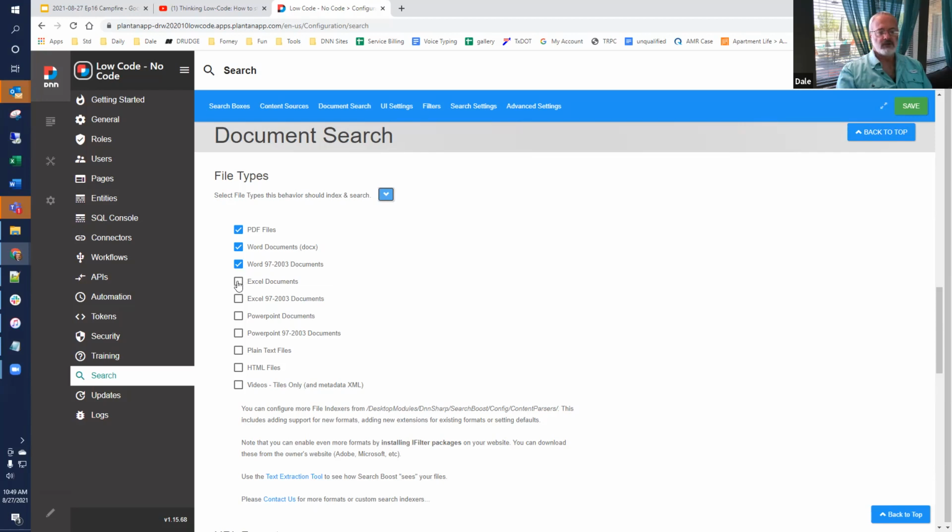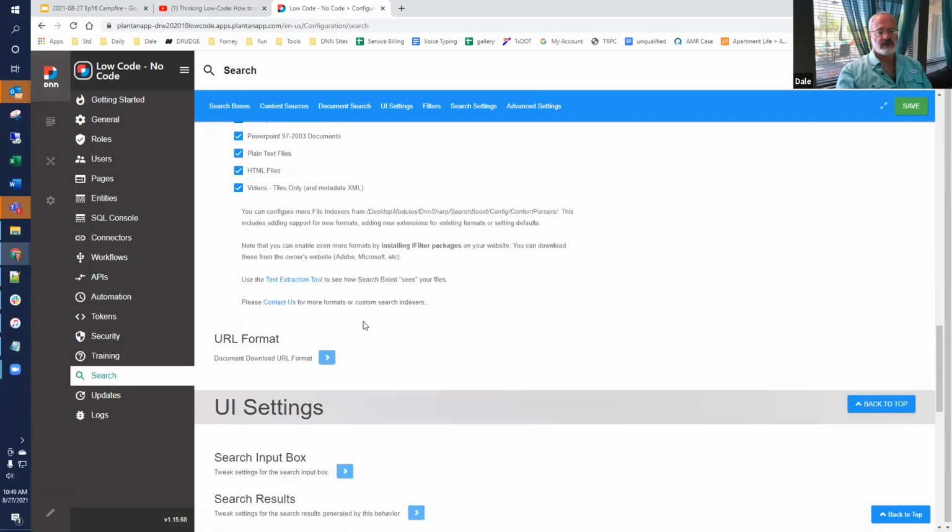If we wanted to do Excel documents, we can activate those, PowerPoint, plain text, HTML. So you can activate more types of content, and that just says it's going to be looking for those extensions in your file system to index them. Okay, so that's file types.